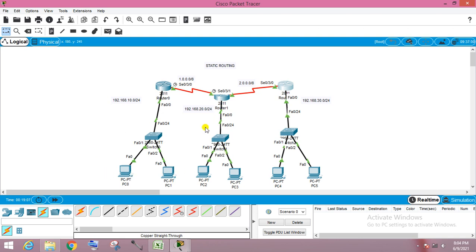So to let this router know the routes of the other routers, or all these networks, we have to do the routing part. We are doing static routing here. We are just reviewing static routing, which is manual configuration. I will tell you what the routes are and how we get them. So now we are starting the configuration.